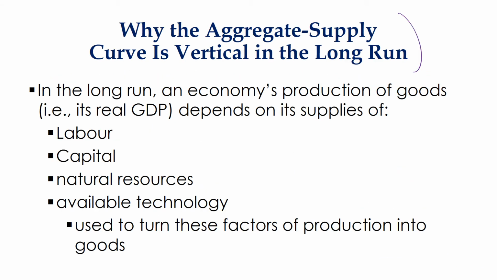All right, guys. So why is the aggregate supply curve vertical in the long run? Well, in the long run, an economy's production of goods and services, its real GDP, depends on its supplies